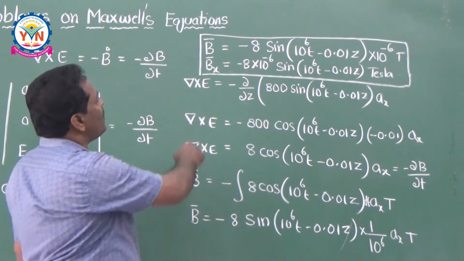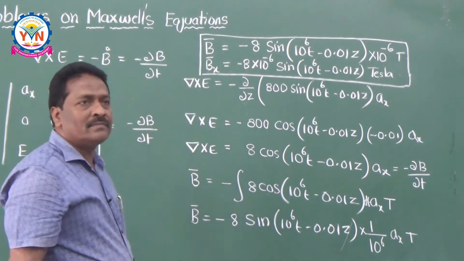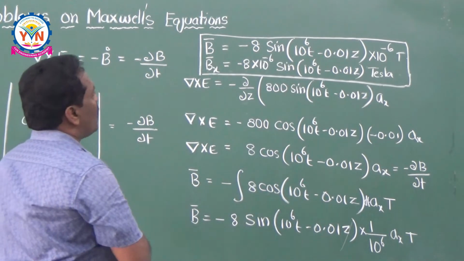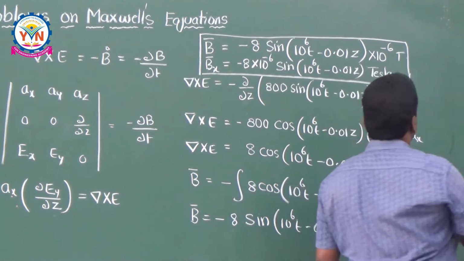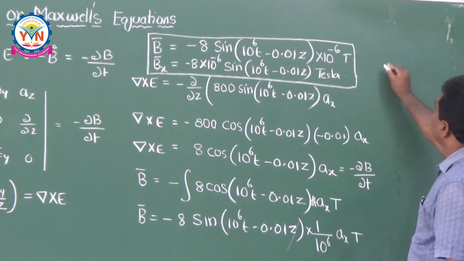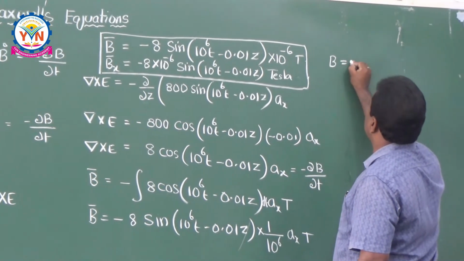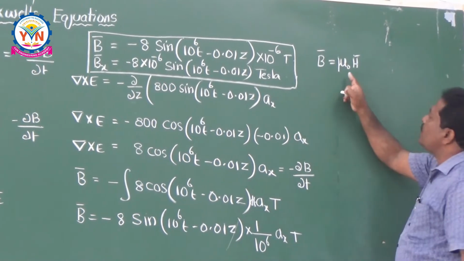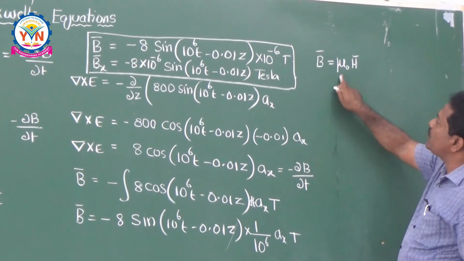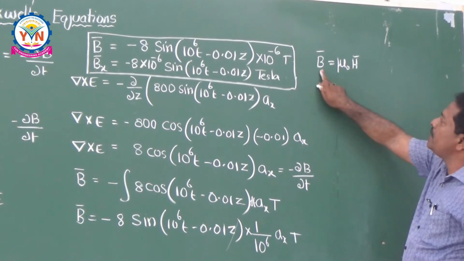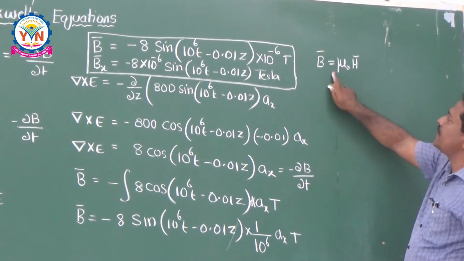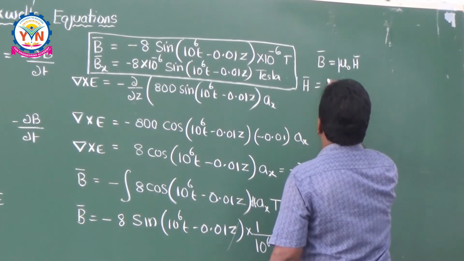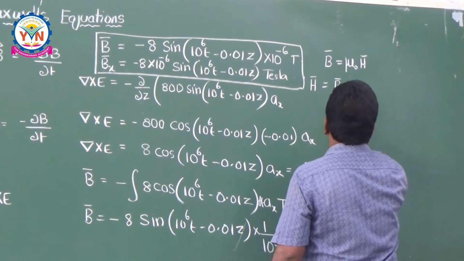Now, once the magnetic flux density is known to you, then happily you can calculate your second parameter, H bar. So how to calculate this H bar? Clearly you can understand here, there is a relation between B and H. B is equal to mu naught into H. Why am I using only mu naught? Mu r is equal to 1. Mu r is equal to 1 means free space. In the free space medium, B bar is equal to mu naught into H bar. Then happily you can calculate H bar. H bar is equal to B bar divided by mu naught.